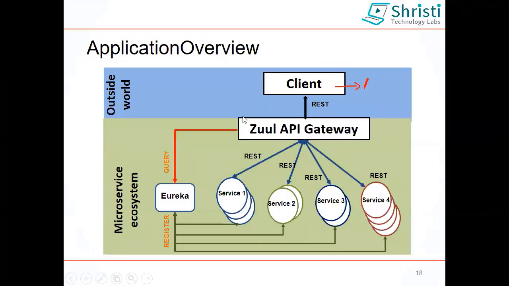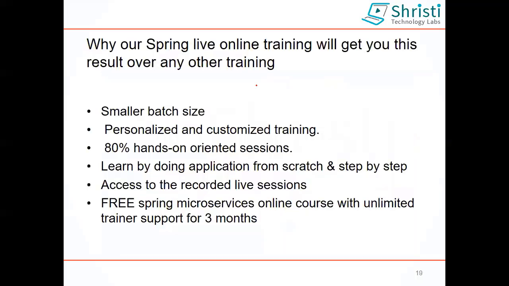So it has to cross through the Zuul API gateway, and these are all the services that you would have created. All the services have to register themselves in the Eureka service registry. And if requests for a particular service are coming more and more, how to do the load balancing? For that we will be using Ribbon. We will be learning all those in detail, so you don't have to bother about it. So this is about the microservice ecosystem, and that is the outside world. Now I will move on to the next part.